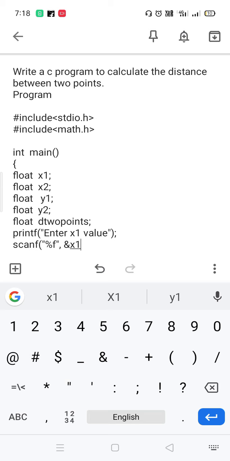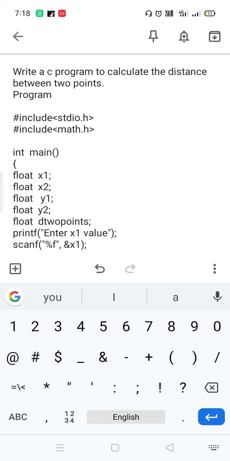If you give spaces between the ampersand and x1, then the compiler gives the error message to you. The variable name is here x1. If you go to another program, it may be some other variable, but whatever it is, after ampersand there is no space. After completion of this, closing the bracket and give the semicolon.